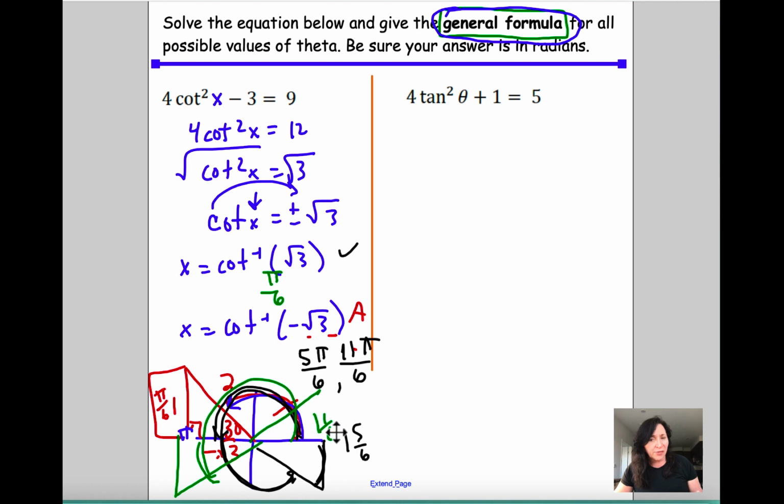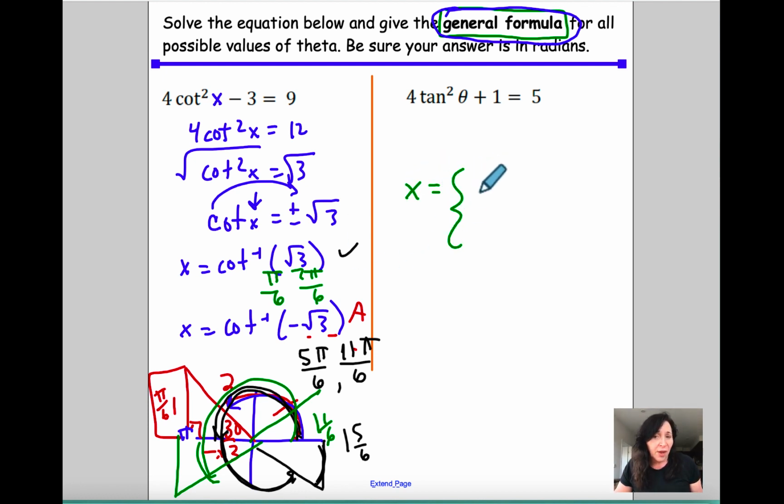So 1 and 1/6 is 7/6. So this is also 7 pi over 6. So the way you're going to write your answer for this problem, think about whether or not you want to say plus or minus 2 pi n or plus or minus pi n. So for this problem here, if I want to write my answer as, I'm actually running out of room, so I'm going to move this over to the next page, but if I want to write my answer as all